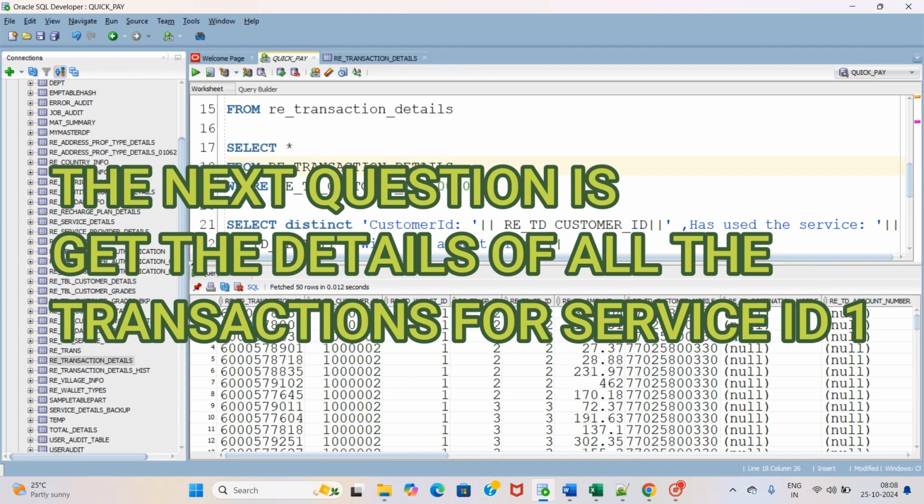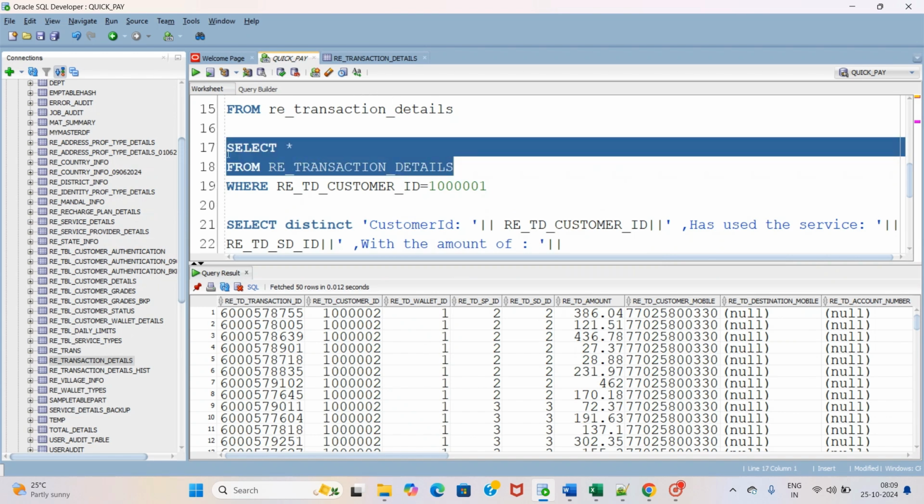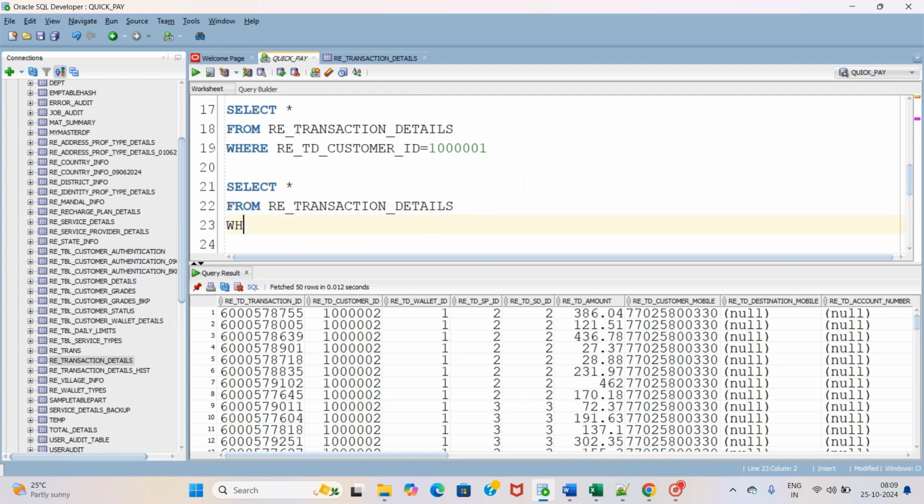So the next question: get the details of all the transactions for service ID 1. Get the details of all the transactions for service ID 1. Now how do we write the query? Select star from transaction details where